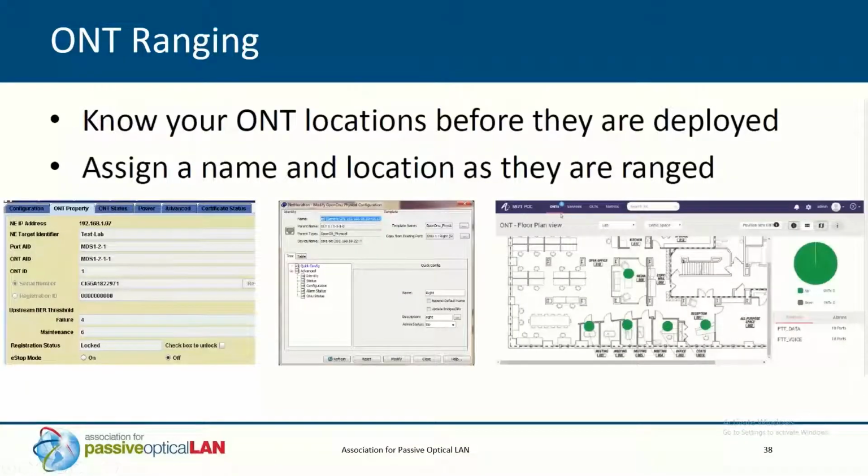Okay, I think this is the last slide here, Jeff, for me. Again, this just reiterates the need. As you're installing ONTs, it is very important to either barcode scan or otherwise make sure that room 101, for example, is associated with the ONT. Now, you will always know which ONT is which based on the serial number, and we can always cross-check that from the OLT chassis itself. But good naming conventions and good record keeping are critical. If done improperly, it can give a GPON project a bad name and make it not look good, and we don't want to do that. So don't forget about this. That's my last slide. Back to you, Jeff.